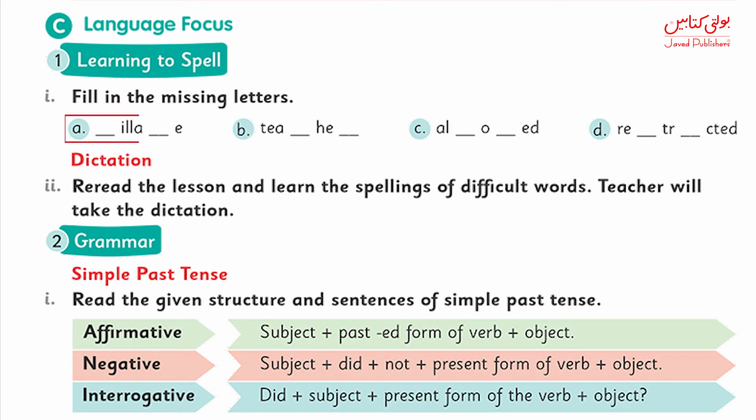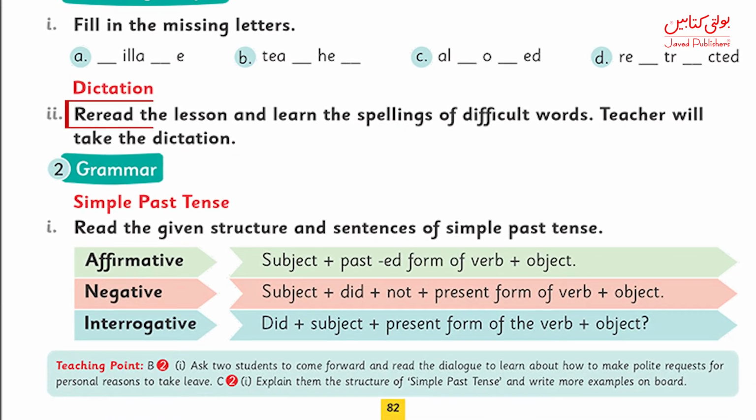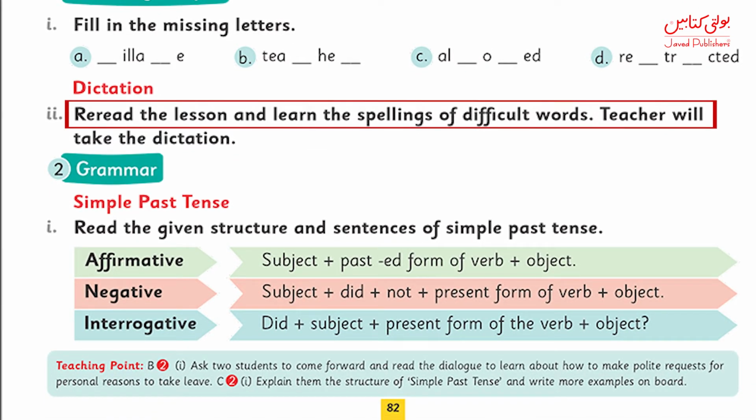A is village. The missing letters are V and G. B is teacher. Missing letters are C and R. C is allowed. Missing letters are L and W. And D is restricted. The missing letters are S and I. Next question is they're asking you to reread the lesson and learn the spellings of difficult words, and the teacher